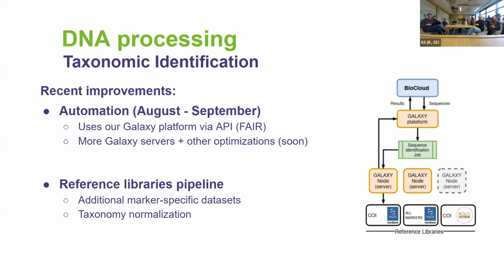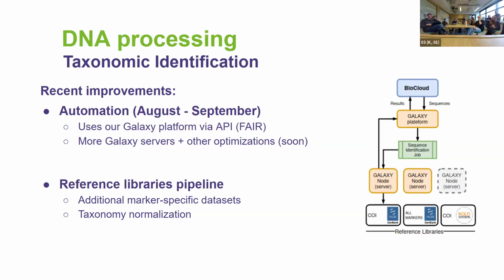So it works, but we have been competing for resources with researchers. But this is going to change because we're going to have more servers, and there has also been some optimization regarding our tool. And this sequence identification pipeline is using reference libraries, from GenBank or BOLD,